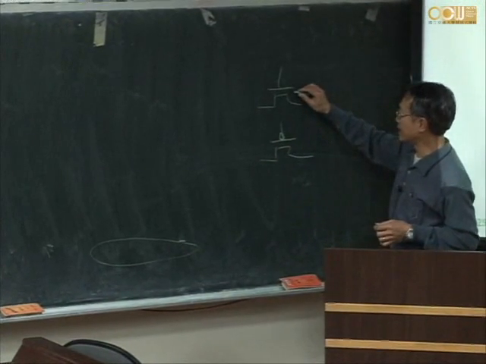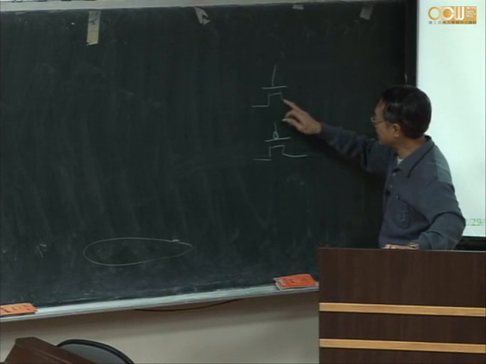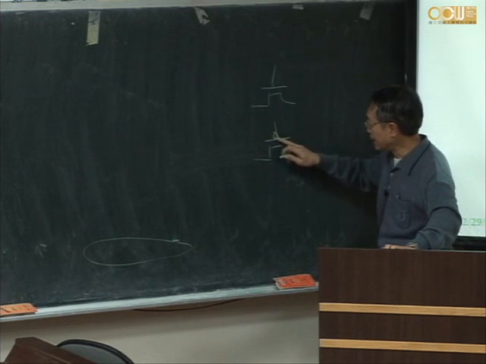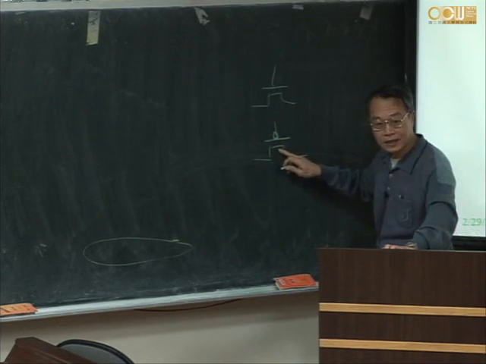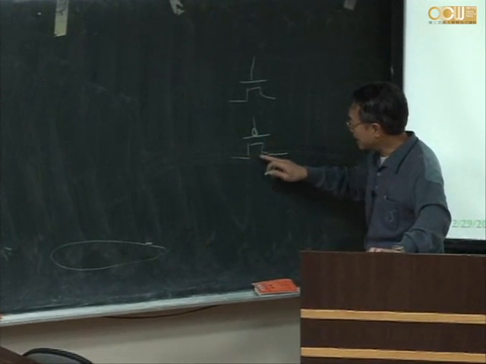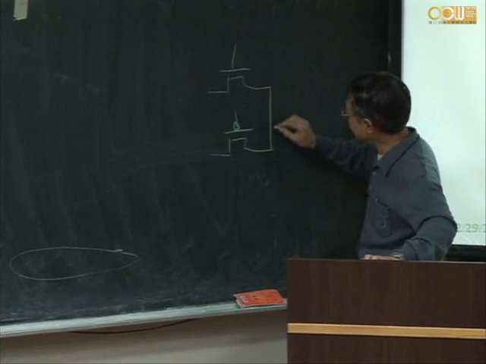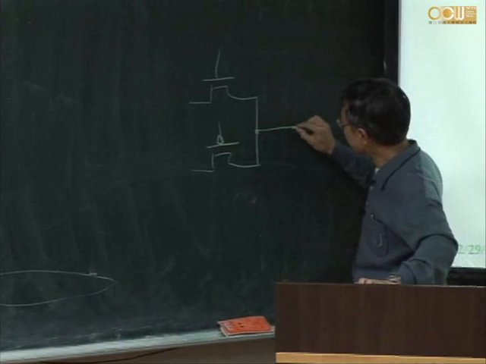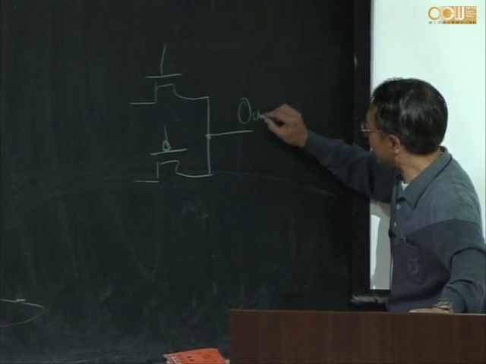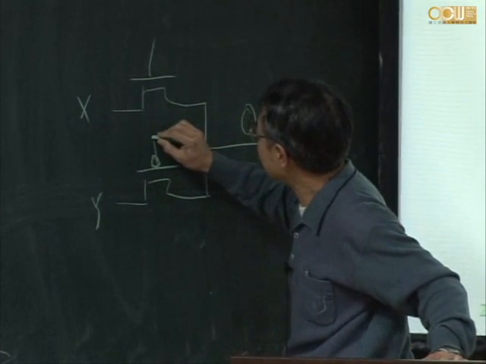This is an N-type transistor, a pass transistor. We just want it to be on or off. This is a P-type transistor used as a pass transistor. We just want to make this an on or off circuit. And we connect these two ends together and call this the output. This is X, this is Y, and these two signals